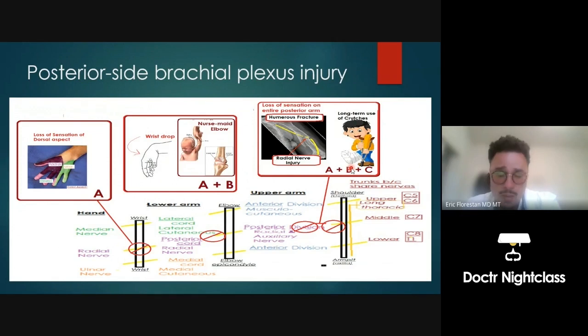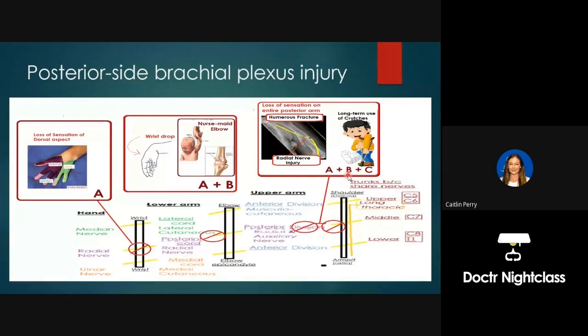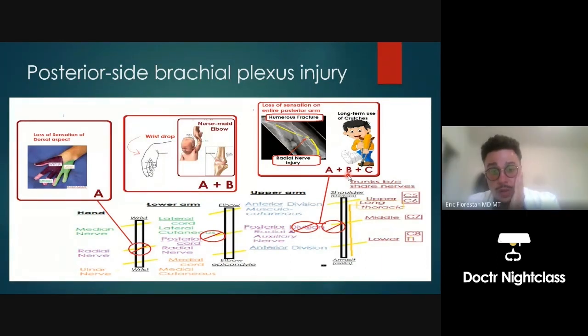They're going to describe the patient. They're going to say the patient had a foot injury. However, they're walking around with crutches for so long. Now they have loss of sensation on the entire posterior arm. Click your answer and move on. So the answer would be radial nerve injury? Yes, it'd be radial nerve, but if they say